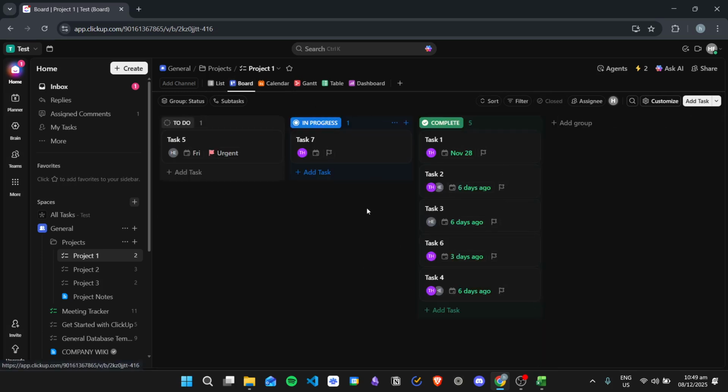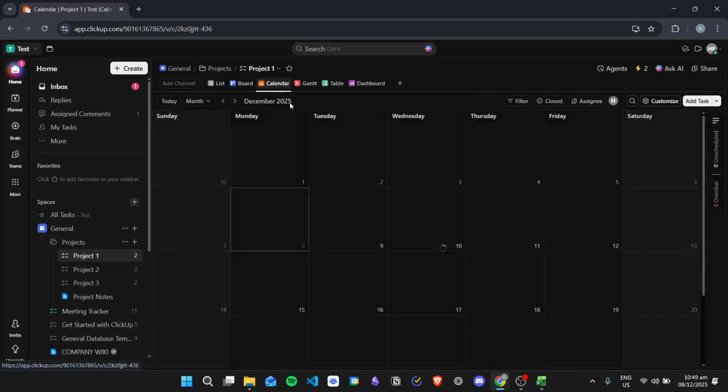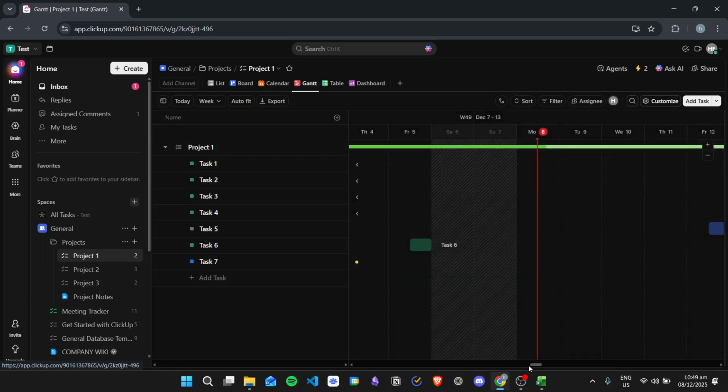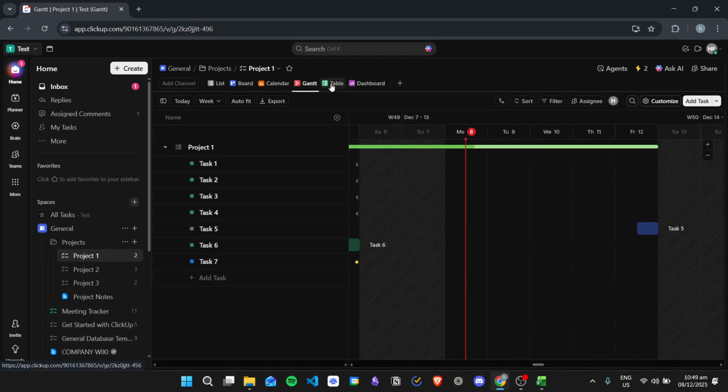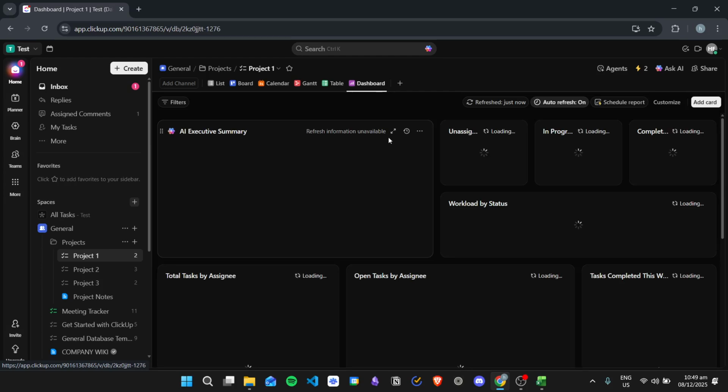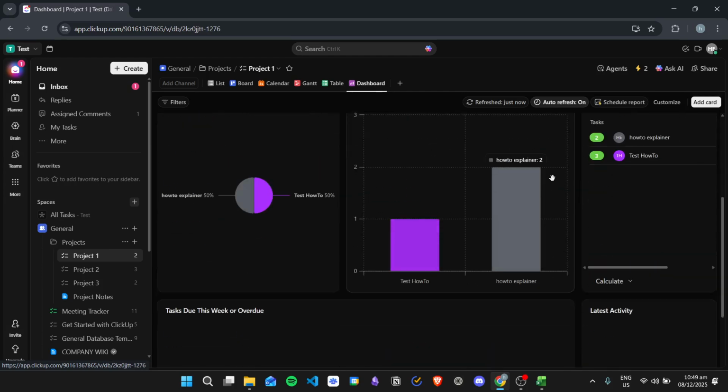And then from here, as I said, you can also view your current tasks in another view, like for example, in a board view. Then you can see all of the tasks right here, or the calendar view, so that you can see all of your tasks in a calendar format, a Gantt chart. So you still have the same tasks, but they are now in a Gantt chart. Then you can also have a table view where it summarizes and then compresses all of your tasks in a table. So you have the details right here, and then the columns, and then you have a dashboard right here containing all of the information from your